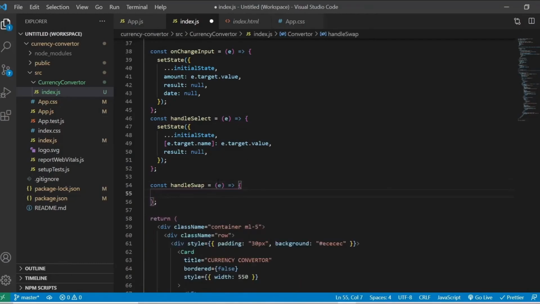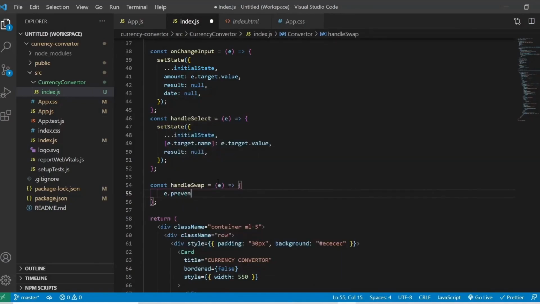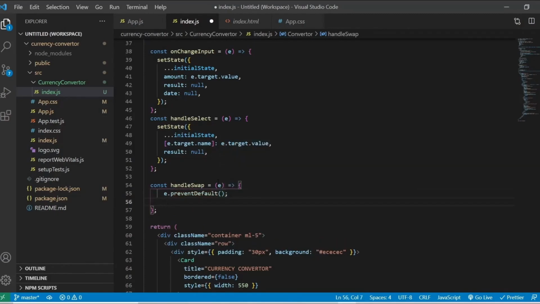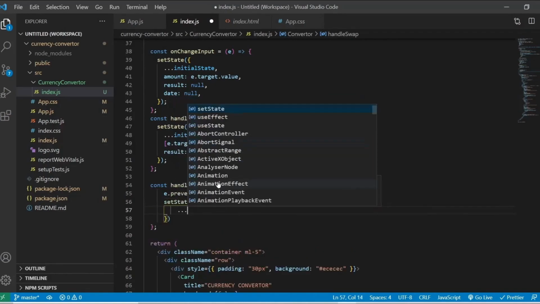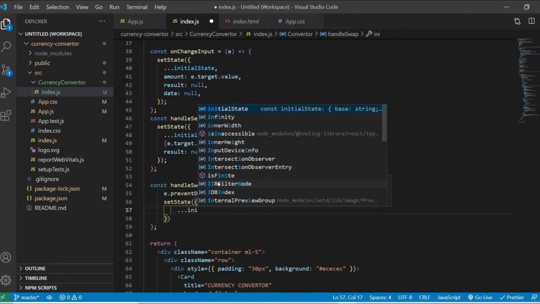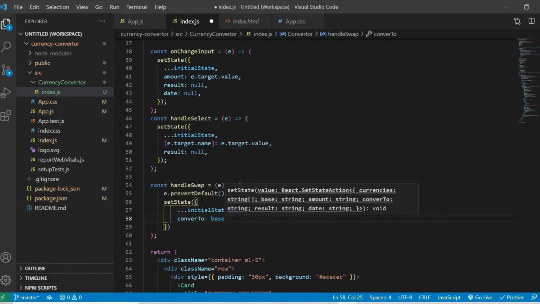And let's work on the last function, that is handleSwap. First I'm going to prevent the default behavior of the browser, so e.preventDefault, and I'm going to use setState here again with the initial state, and convertTo will be the base.